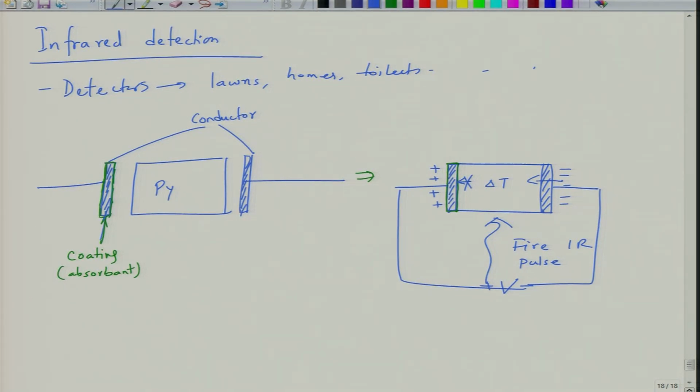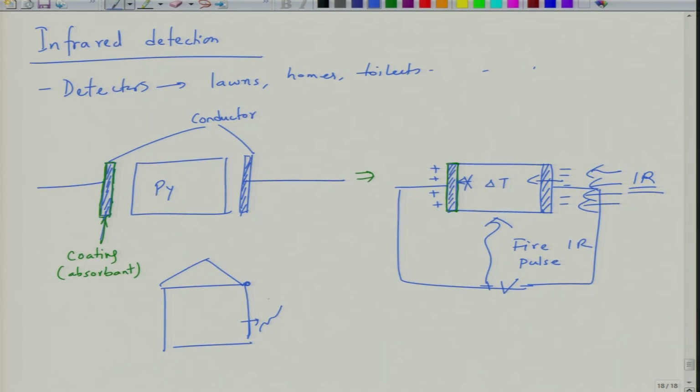If you want to do it more and more, you can just keep firing IR pulses from this side. It could be continuous, it could be pulsed depending upon the application, and that is how you can use IR as a detector. So, for example, let us say you have a house here, you have put an IR detector here, this is the front door, and somebody passes by.